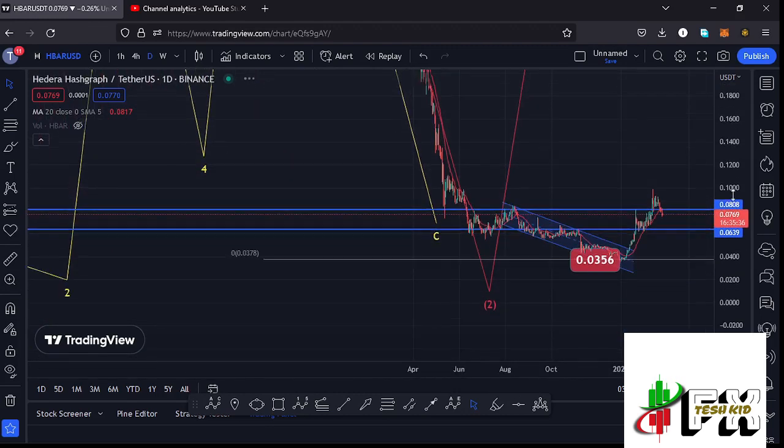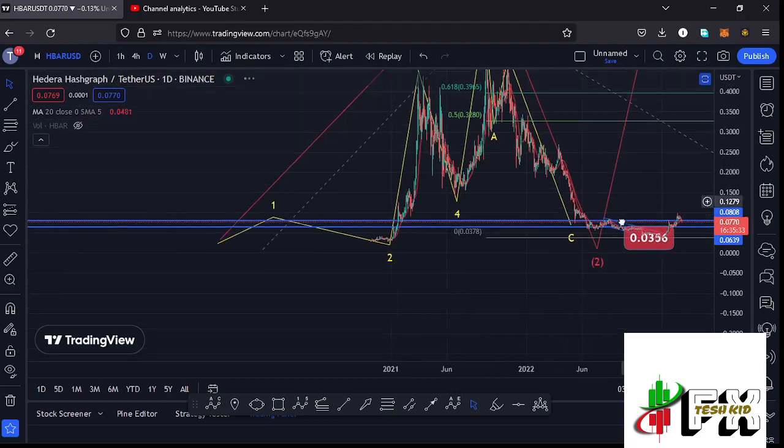We have also continued to obey the Elliott structures, and before I get further into the technical analysis and also give you the short-term scenarios that I'm expecting to play out,